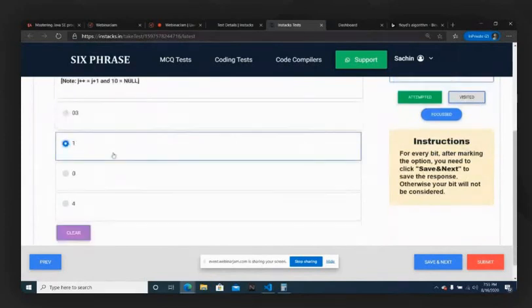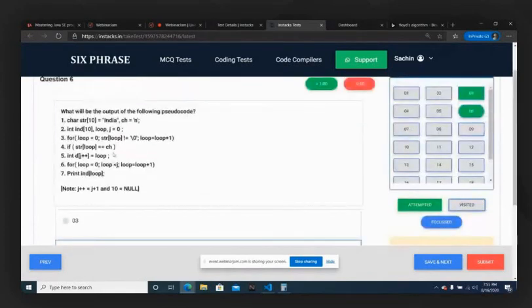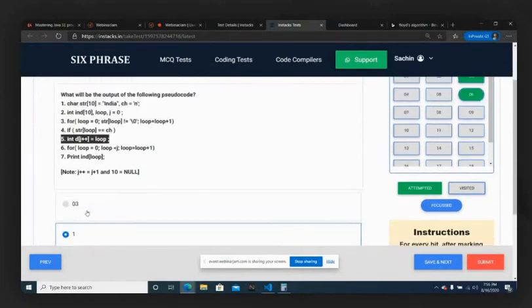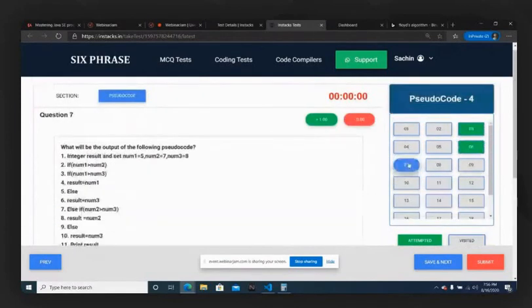So 1 is the right answer because only one element is inserted. Only one character is having n, so only for that character this condition will be true. Loop is the index of that particular character, where the index is 1. So that will be inserted in ind. The only element available in ind is 1, so if you run a loop and print it, only the number 1 will be printed. So here the answer is actually 1.